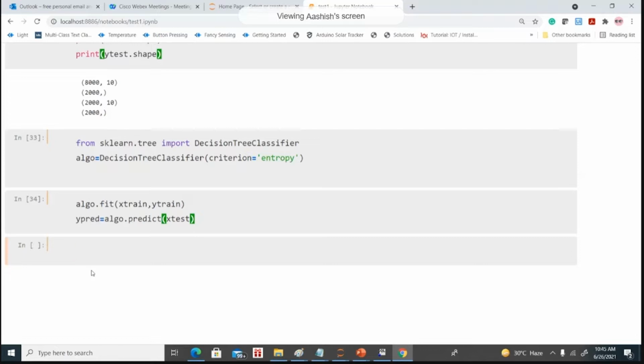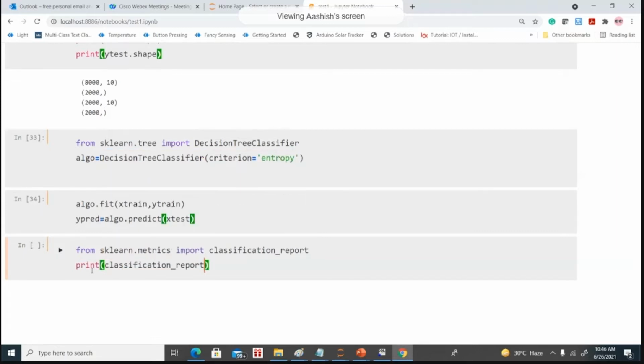For that, we use different metrics. If you're working with a classification problem, we use metrics like precision, recall, F1 score, accuracy, classification error. If you're using regression, we use root mean square error and R square score. If you're working with clustering, we use the silhouette score. So there are different techniques for each. Since this is a classification problem, you can just use from sklearn.metrics import classification_report.